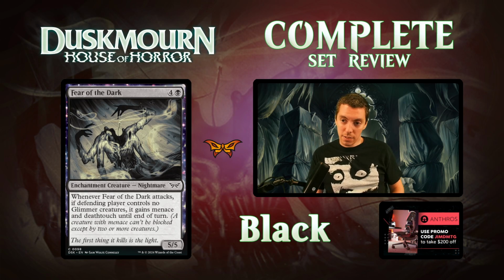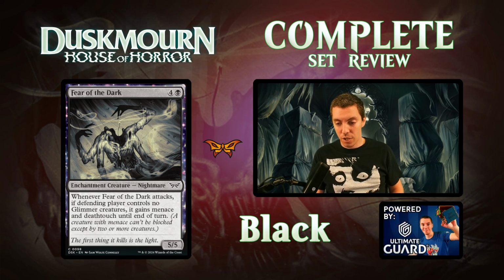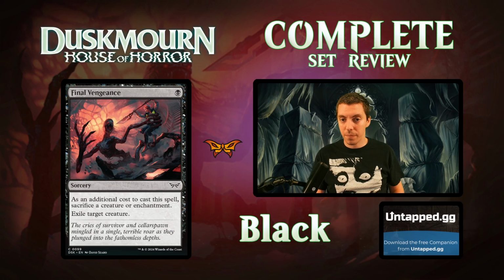Fear of a Dark. 5 mana for a 5/5. Whenever it attacks, if defending player controls no Glimmers, it gains Menace and Deathtouch. Just a filler for the most part. 5/5 for 5. Common. Okay, maybe it gets Deathtouch and whatever. Just fine. Just a fine limited card, nothing more. Wouldn't take it highly, but...